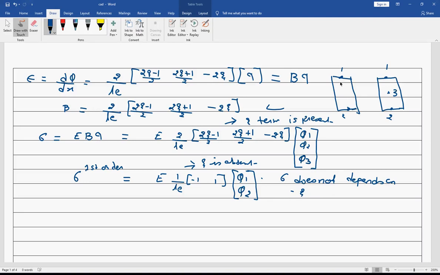That means sigma is the same at this location, at this location, at this location, and at this location. So throughout this element, my sigma is constant. Okay, and therefore,